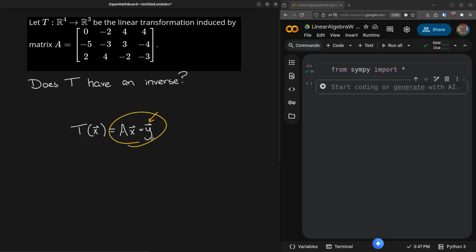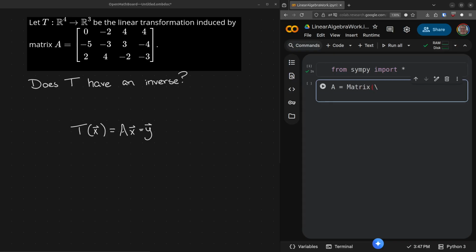One-to-one means that for every output, there's only exactly one input that gets us there. If we have infinitely many solutions, then there are lots of x's that can get us here. Okay? So we are going to check by taking the reduced row echelon form of matrix A. So I'm going to get my handy dandy calculator here, throw matrix A into the calculator